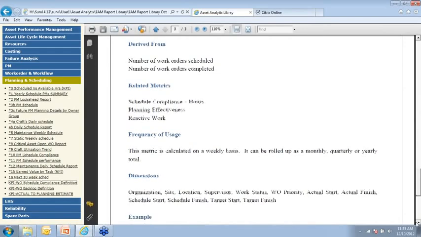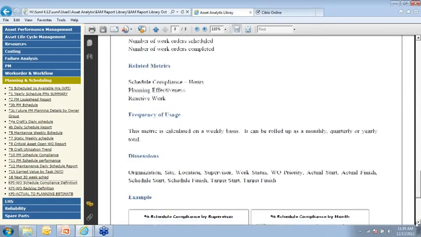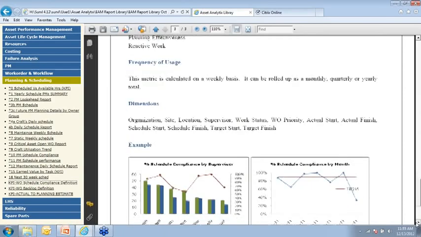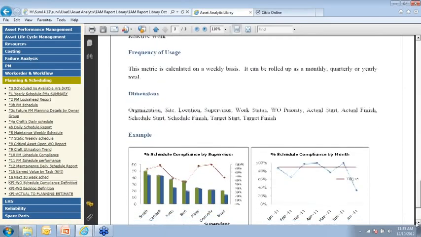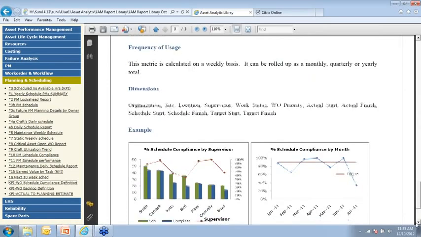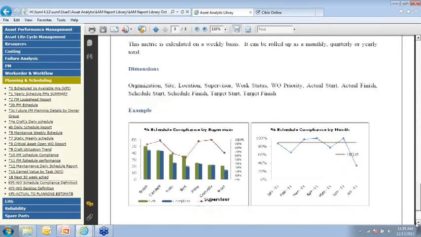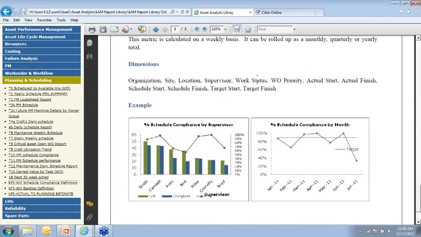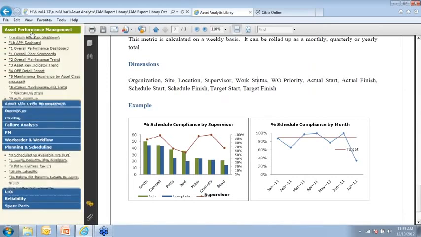And then, of course, the KPIs can be sliced and diced by different dimensions, location, supervisor, priority, depending on how you are collecting the data. And having such a formal document can be very, very useful to ensure that you communicate what that KPI is. So there are many other examples, but in the interest of time, I will show some other